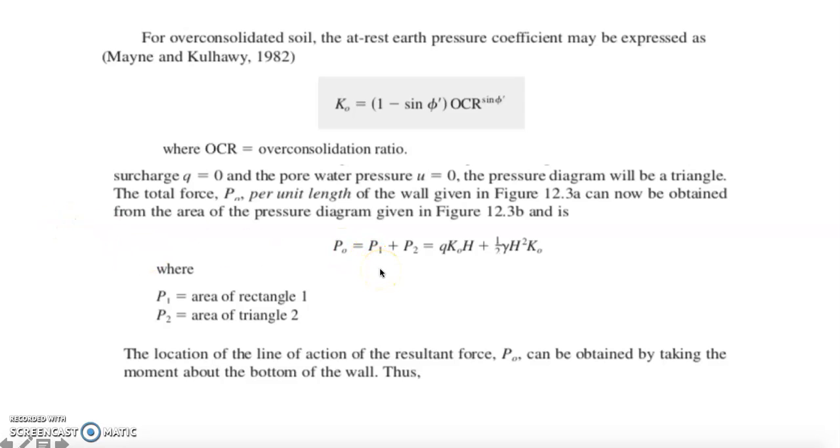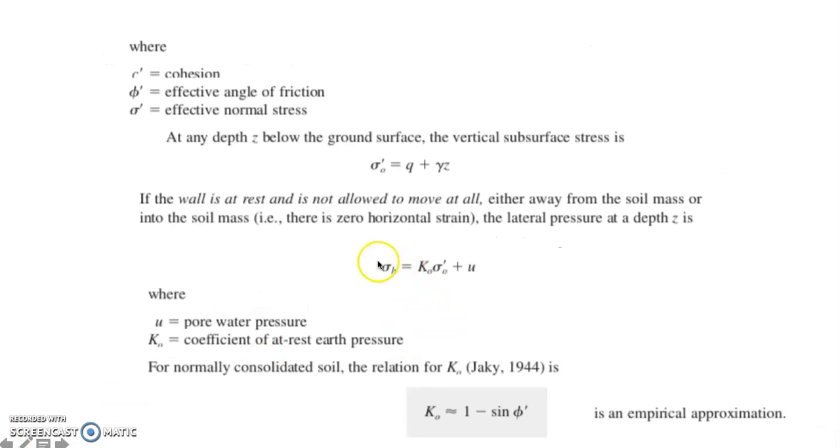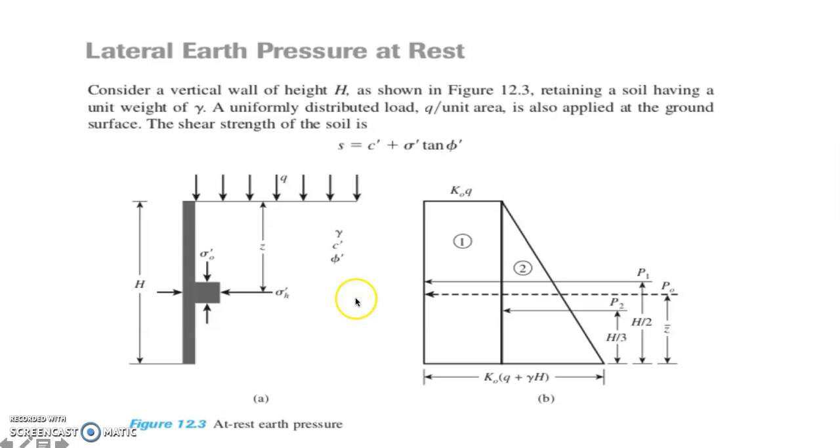Okay, let's continue our discussion on how to draw our pressure diagram. Basically, to draw the pressure diagram, you're going to use the values of your lateral earth pressure, or the horizontal forces, which is denoted by sigma H. This value is the one that you're going to use to draw your pressure diagram. For example, for this illustration, since we have a surcharge, you're going to identify the value for